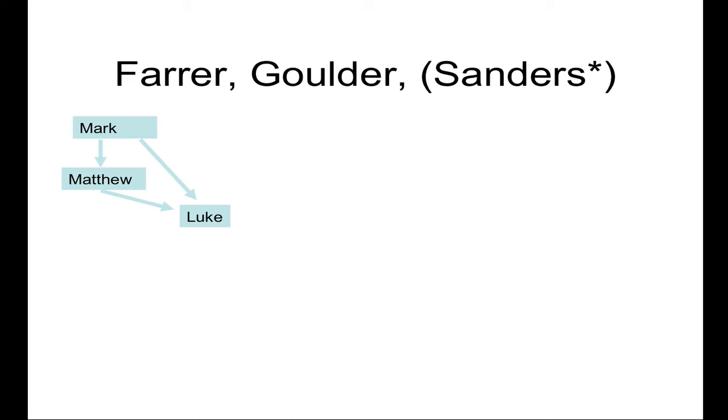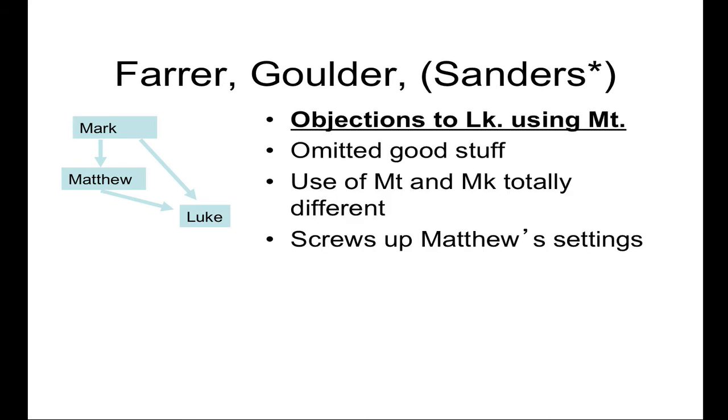This avoids the problems of Mark being the latest gospel. It accounts for all the data. It itself has problems, and proponents of the two-source hypothesis will usually just say, hey, wait a minute. Can we really imagine that the Gospel of Luke used Matthew and left out really good stuff? And he took the Sermon on the Mount and he chopped it up and he spread it out. And he took the eschatological discourse and he chopped it up and he spread it out. Why would you do that? I mean, Matthew is so friggin' good. Why would you do what Luke does with it?